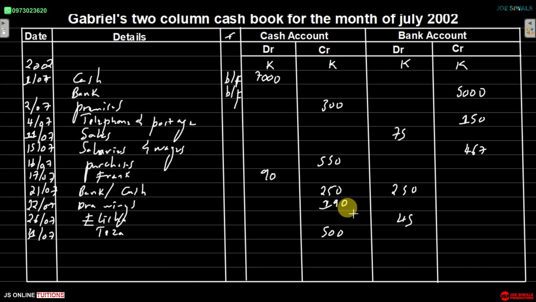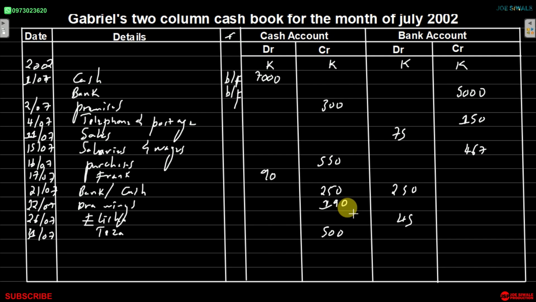So the next thing that we're going to do is to add the debit side and the credit side of the cash account, and we're going to record on the totals the larger amount. So we're going to add 7,000 plus 90 on the debit side, and we are getting 7,090. Then if we add on the credit side, we're going to add 300 plus 550 plus 250 plus 190, then plus 500, the answer that we are getting is